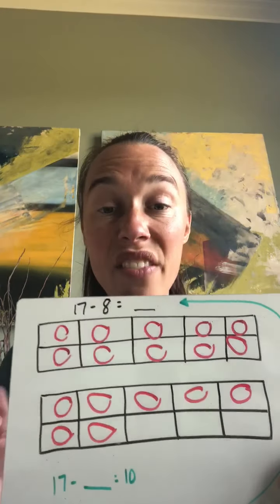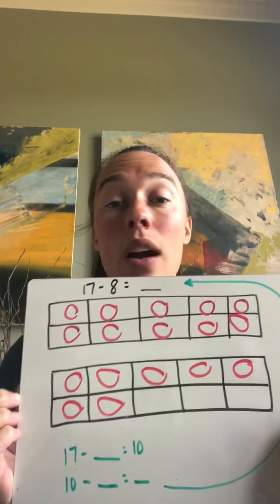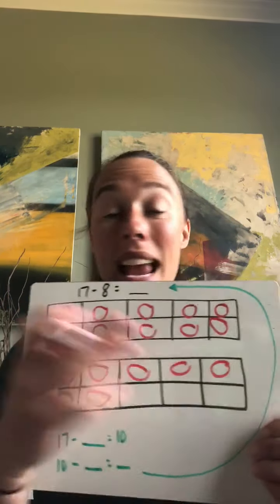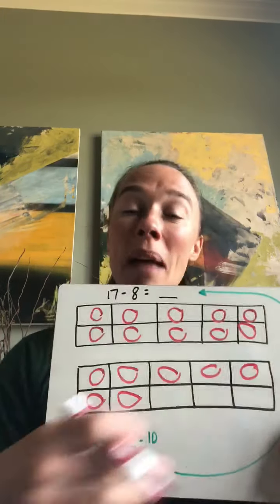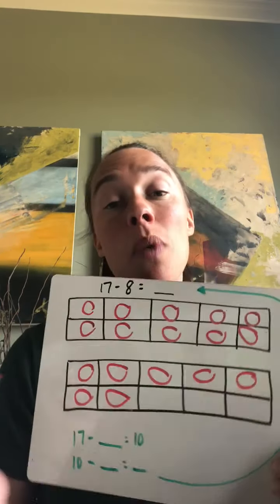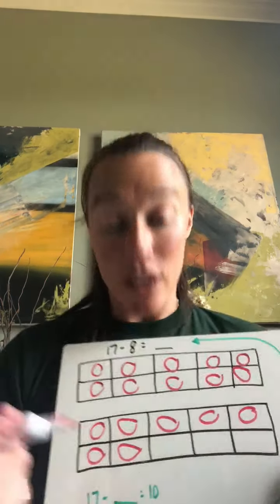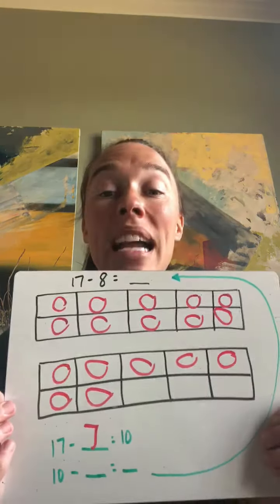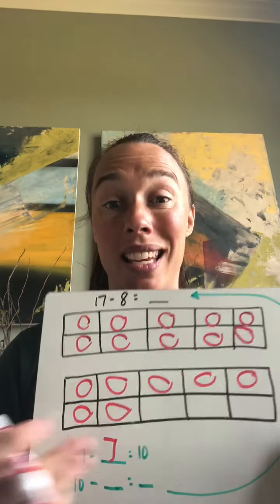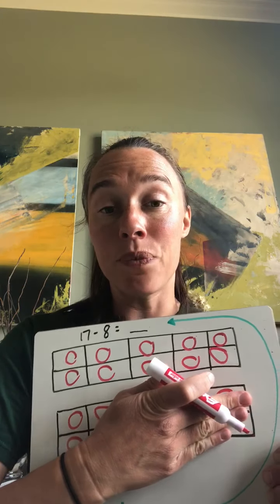Okay, do you see my 17 counters? Now, yes, I could go through and erase 8 of them. Great. But let's just get back to 10. So how many do I need to get back to 10? 17 minus 7. That's right. So 17 minus 7 will get us back to 10. Because if I get rid of these right here,